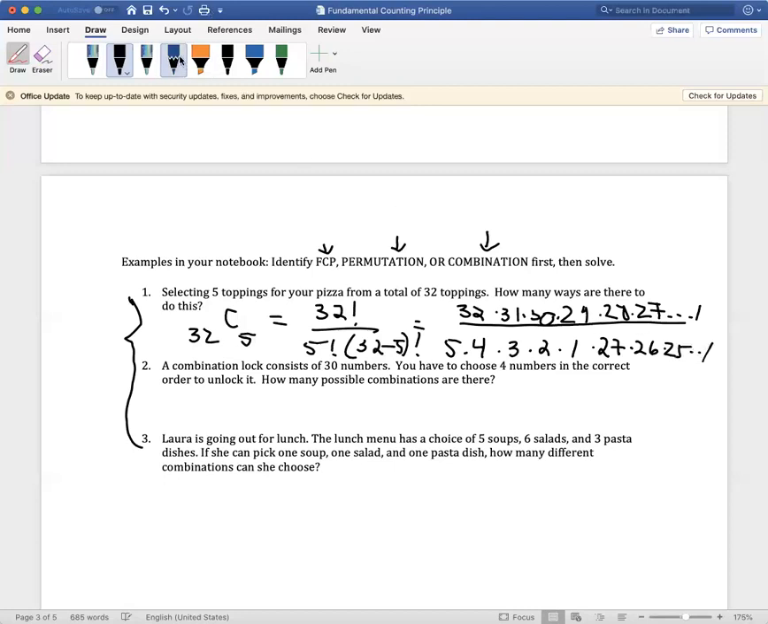Okay, and in regards to what's going to cancel, and this will happen a lot of times, you'll see a lot of those terms canceling out. The 27 on down are going to cancel, so all of these factors will cancel out. In the numerator, we're left with 32 times 31 times 30 times 29 times 28. I'm going to get my calculator and figure out what that is. In my denominator, I have 5 times 4 times 3 times 2 times 1. So in the numerator, 32 times 31 times 30 times 29 times 28 equals a giant number,